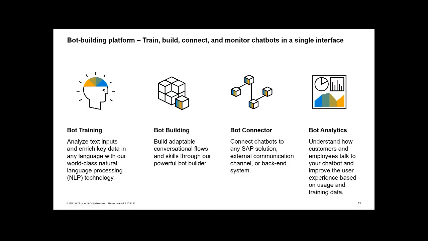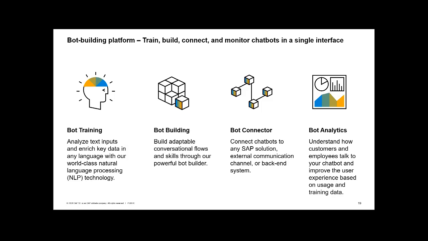So before I go to the next slide, SAP Conversational AI comes in two versions. It comes in the Community Edition and it comes in the Enterprise Edition. The difference between these two editions is that the Community Edition is completely free. You just need to have an SAP ID account, and you can create one for free too. And the Enterprise Edition needs to be subscribed to in the Business Technology Platform. So what are the feature differences? The Community Edition includes most of the features, but the Enterprise Edition has some additional features on top.